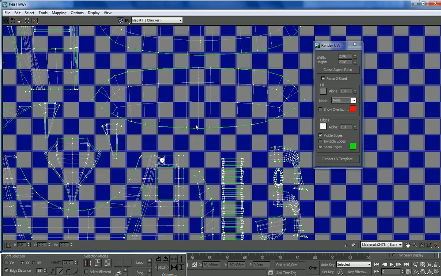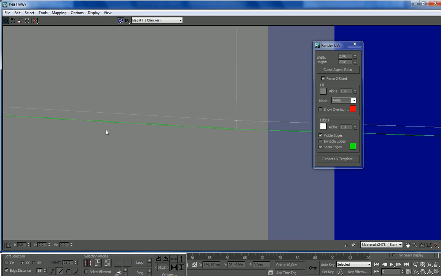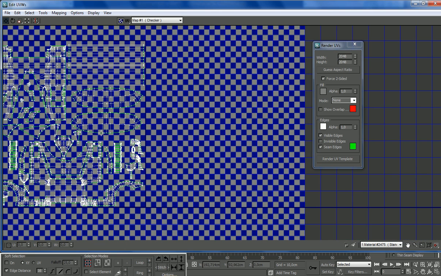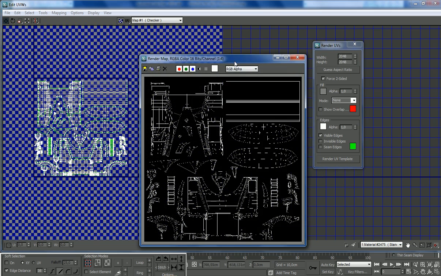What are seam edges? Seam edges are the edges that are the border between the object and something that's not the object. They are shown in a yellow-gray color in here, and if you leave this option checked, they will also be gray or yellow in the bitmap you will receive. So we are going to uncheck this. You click Render UVW Template,